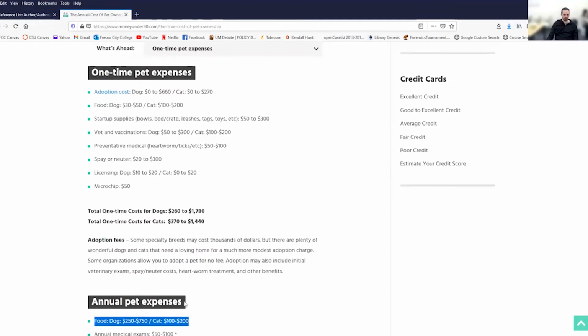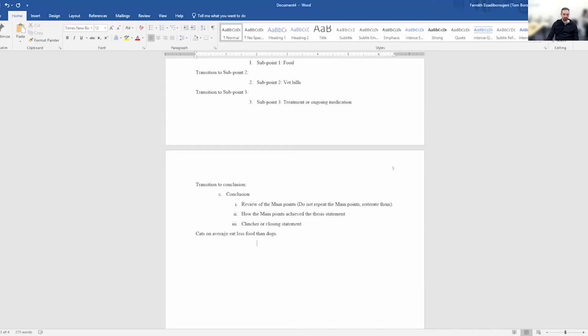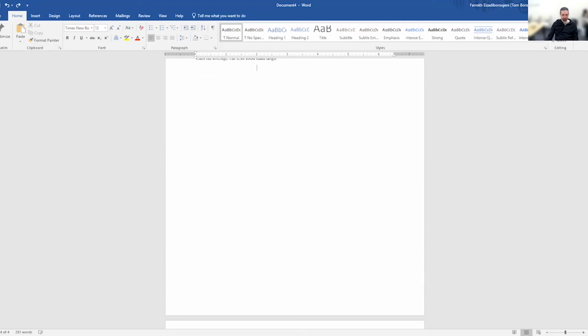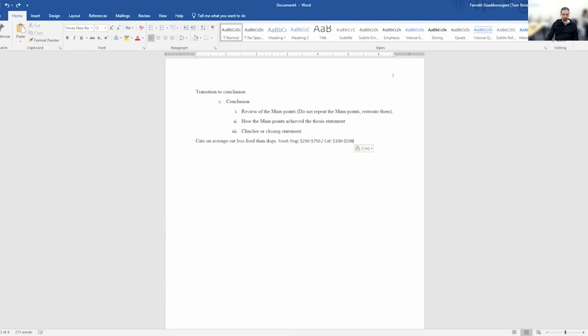So I'm going to take that and stop sharing it with you, and I'm going to go back to the document, and I'm going to say cats on average eat less food than dogs. And you can see that the original information was this, right? And I paraphrased that information to this. So that's paraphrasing. But if I say the actual numbers, like if I say something like dogs,